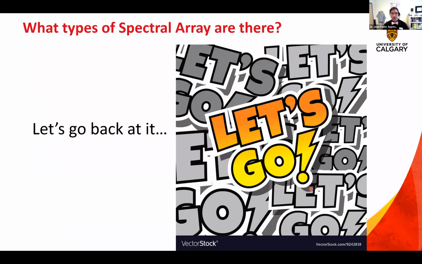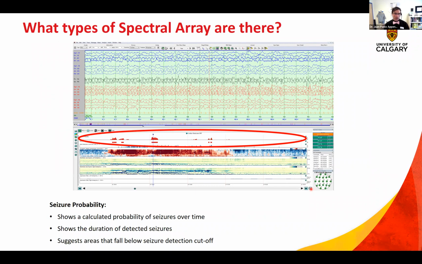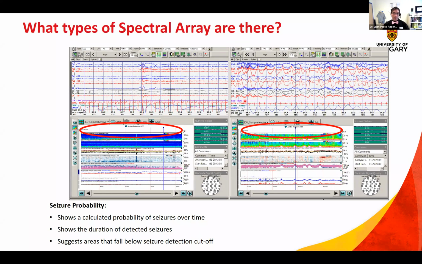So let's go back to the rest of the spectral array. You have seizure probability. This is a function that accounts for all the other information picked up from the EEG and tells us how probable, from 0 to 100 or 0 to 1, it is that a seizure is occurring. For instance, here it tells us it's very probable that a seizure is occurring, but actually the seizure was very prolonged. This is a 1 hour recording, so it's almost half an hour of ongoing seizures. So it's good, but not